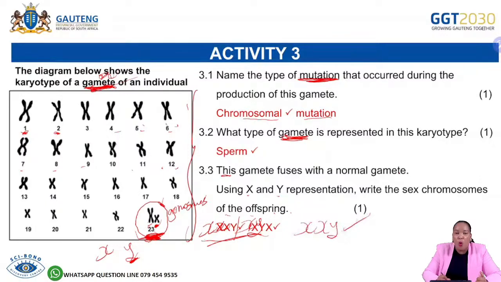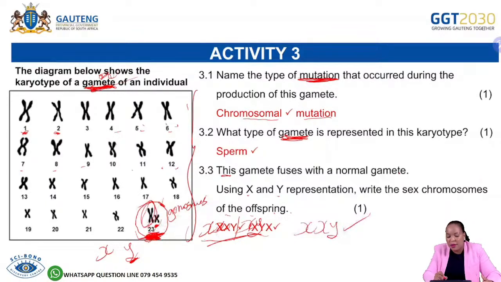You see, why do we have two X's? Because this chromosome here came with the X that was not wanted. You see, that failed to separate, and now you fuse it with a normal gamete. What is a normal gamete? A normal gamete is that one